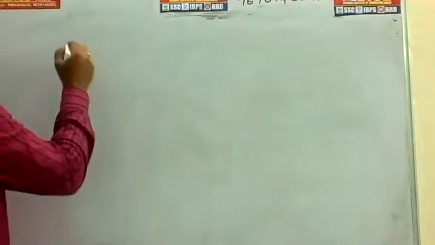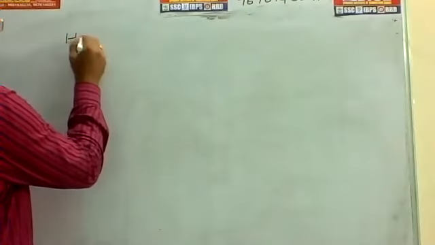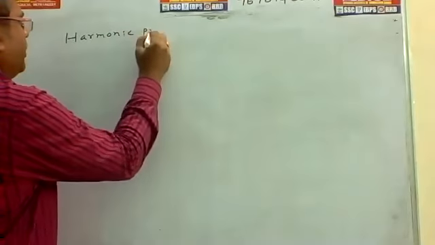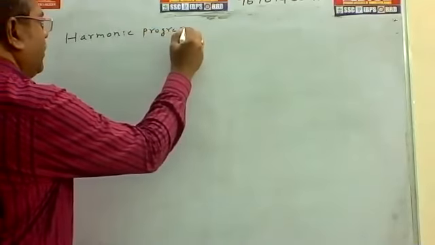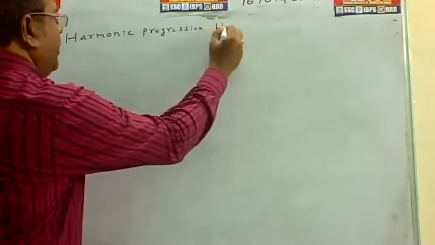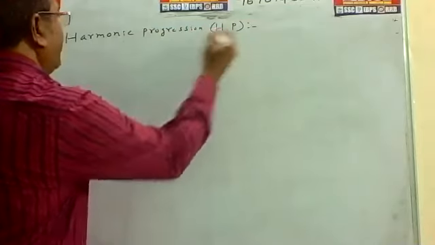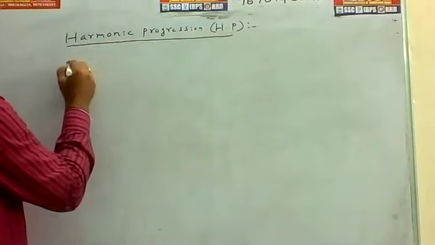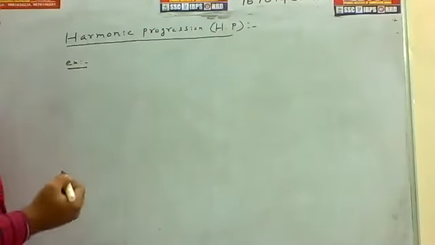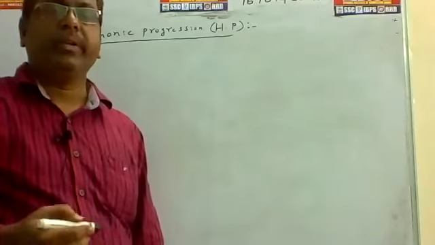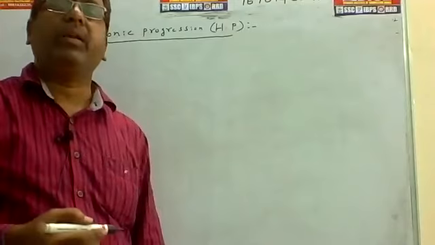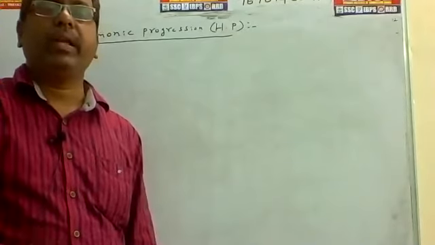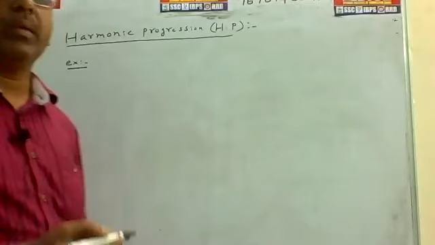Now, the last one: harmonic progression, HP. So the inverse of AP we can call HP. The inverse of the terms of an AP we call HP. Suppose, for example,